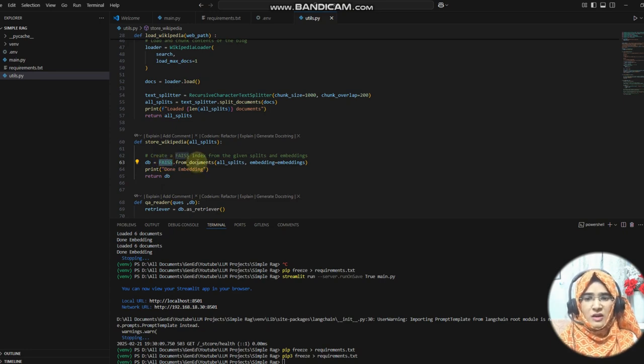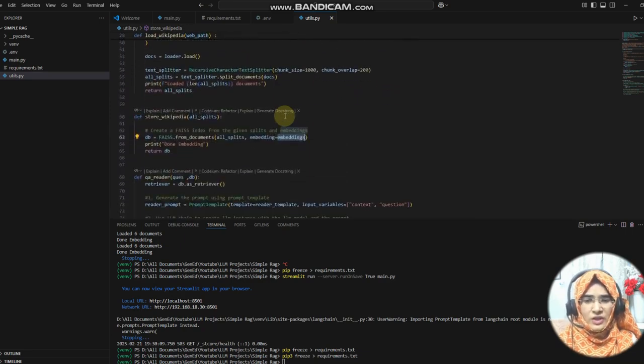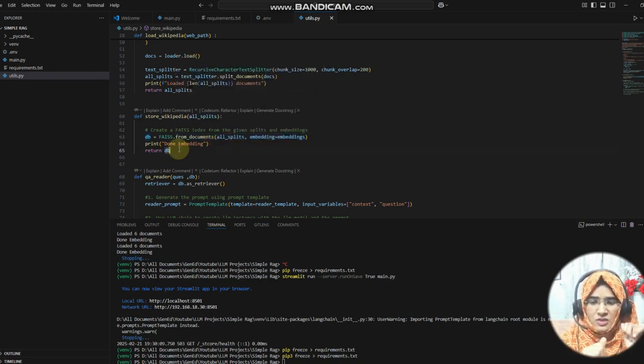So in this FAISS, I am passing my document and the embedding that I created here, right? So what it will do, it will first embed the content and then save it into the vector database. So these two actions are performed here. So we are actually storing the data of the Wikipedia into the vector database, right? So till now, what we have done, we have the content, we are saving it into the vector database, and the steps we need to take between that, we are doing that: splitting it into chunks, then converting into the embedding, and then saving into the vector database. So this is one scenario that we have done of the RAG model.